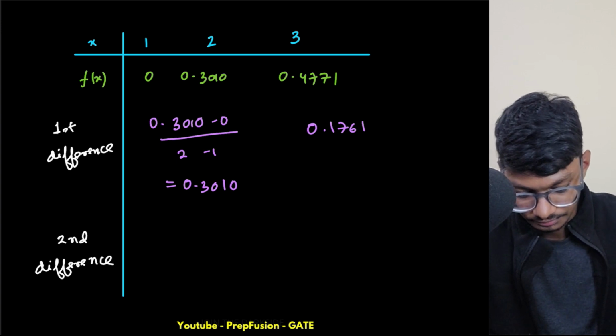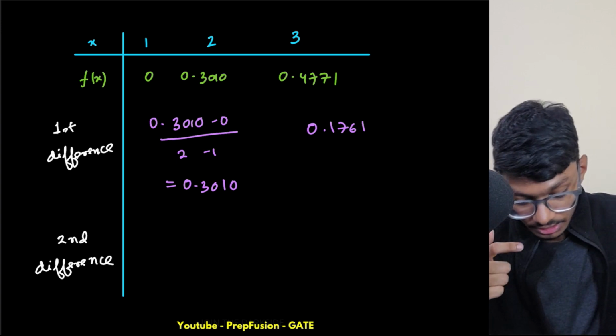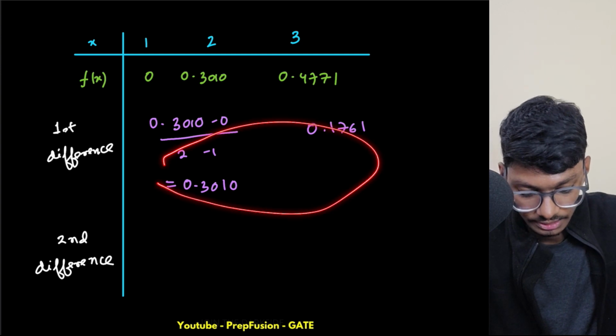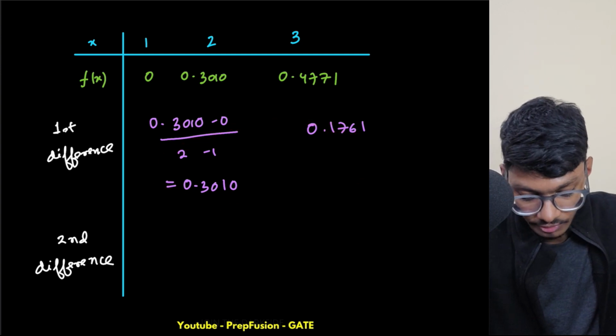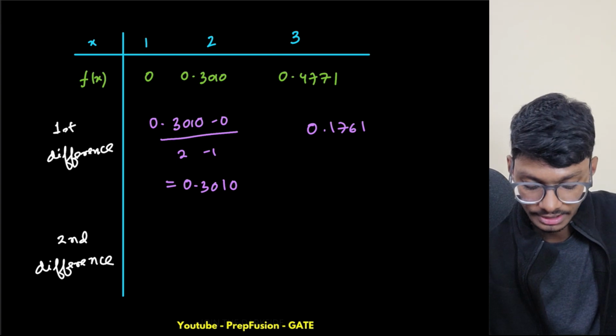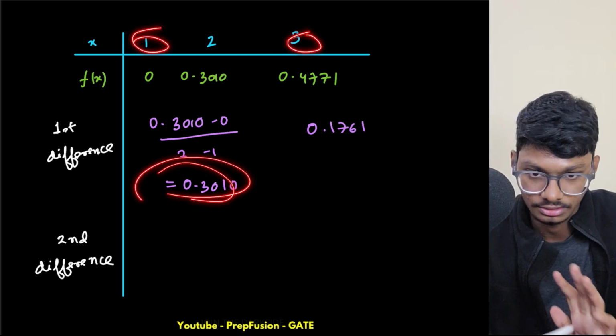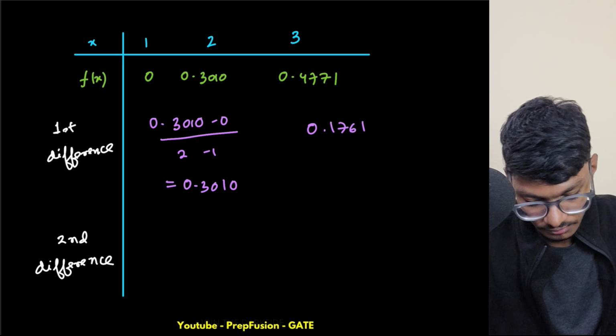What is the second difference? The second difference is basically this one, right? Delta. So here I am directly going from 1 to 3. Just remember that here del x is from 1 to 3. Okay, this del y is fine, but del x is from 1 to 3. So this will be